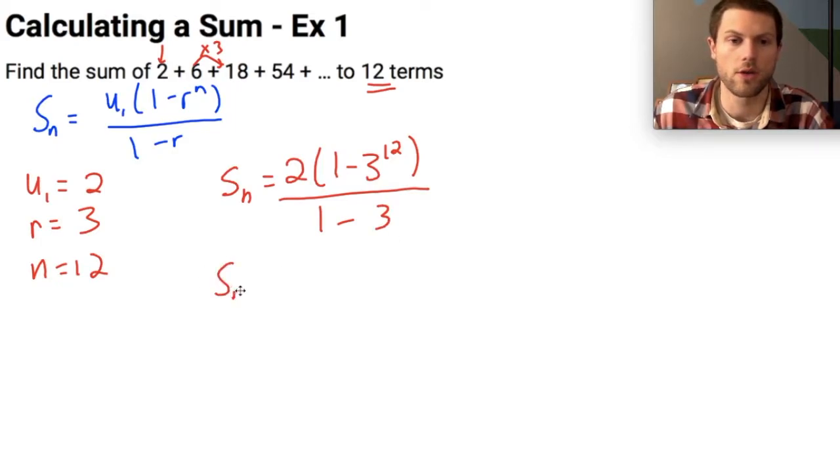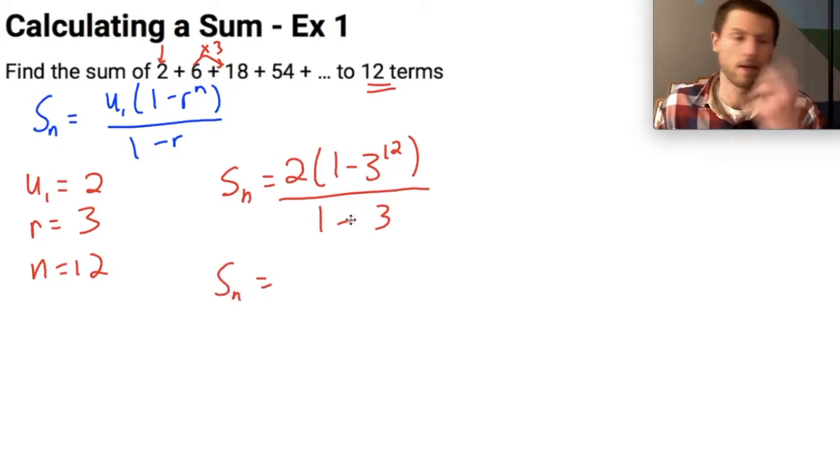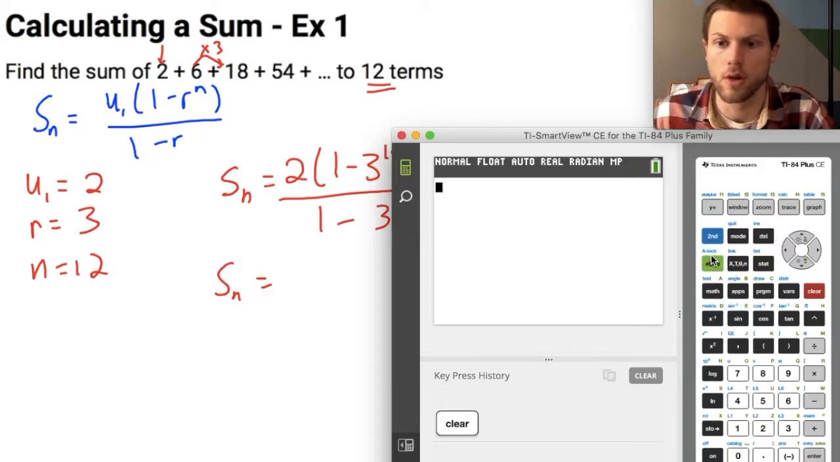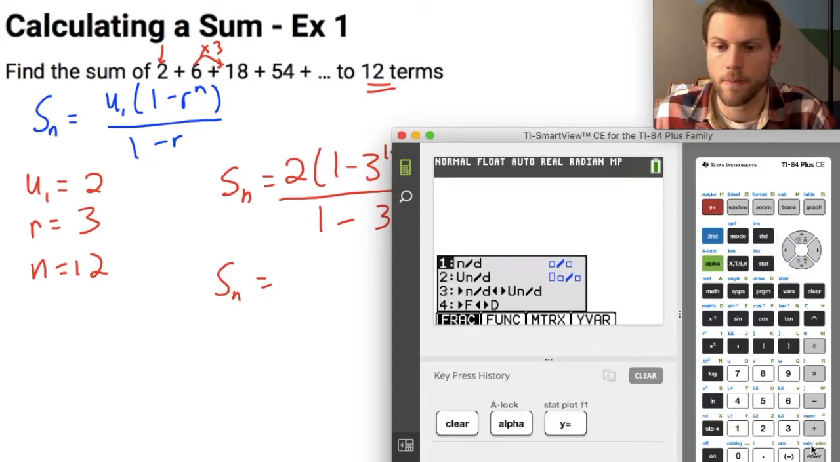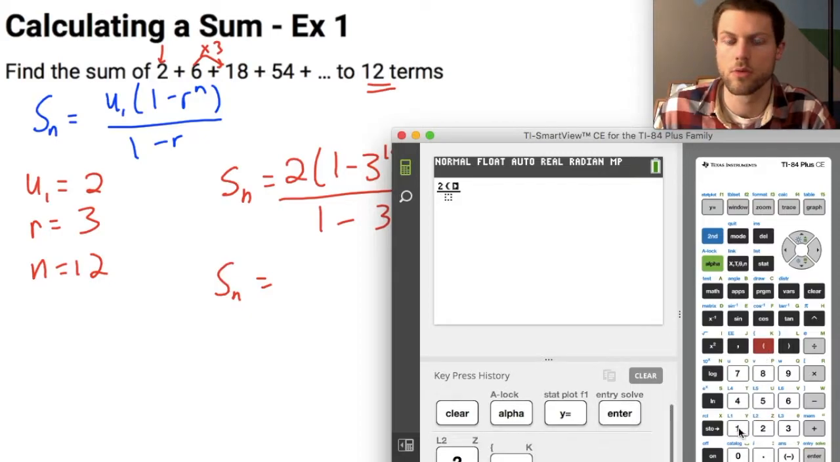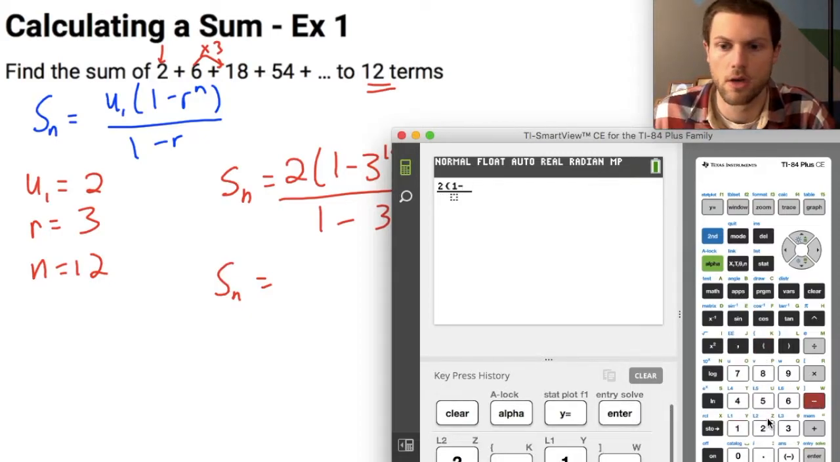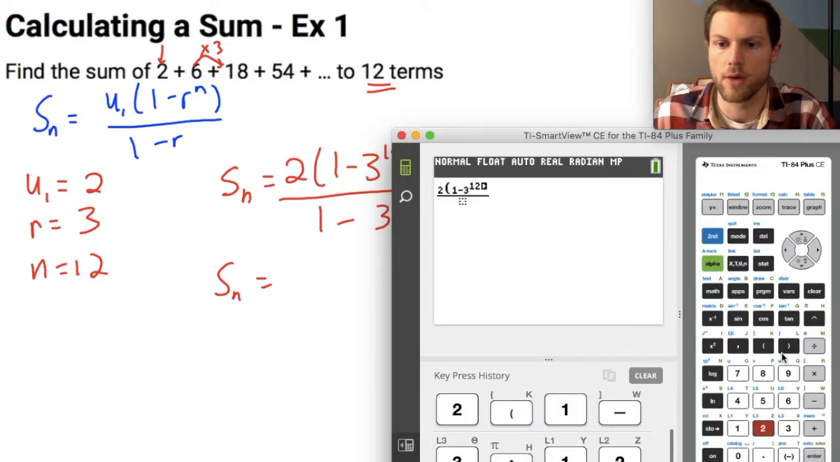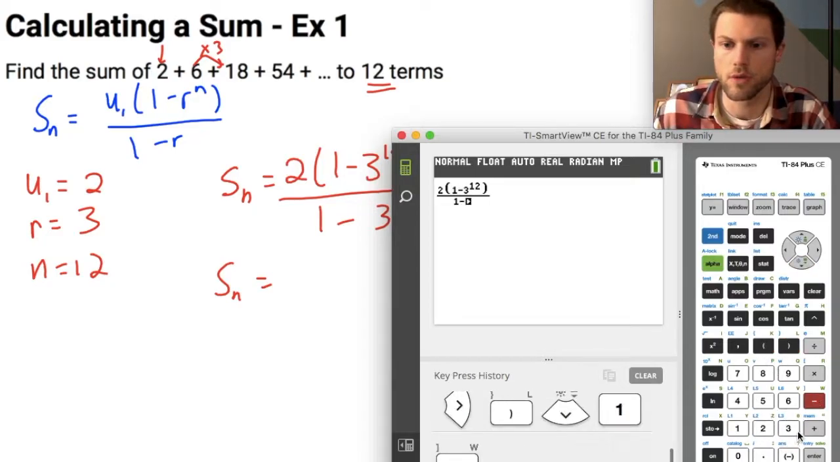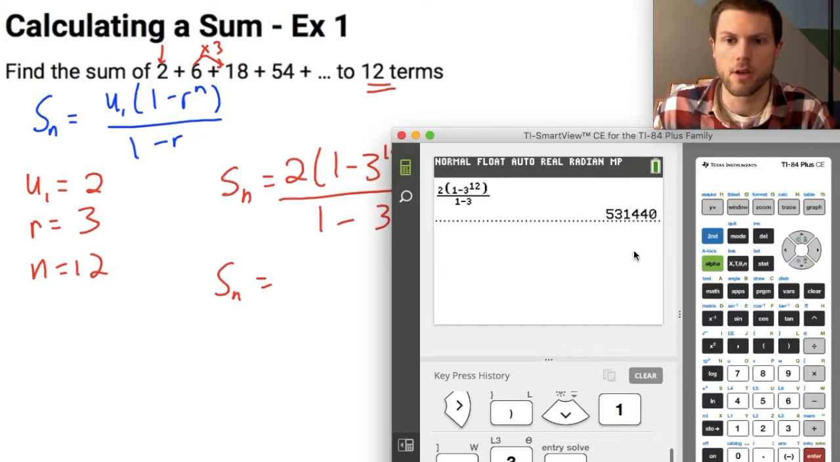Now this is going to be a rather large number, so I'm not going to calculate this in my head. I'm going to go to the calculator to help me out with this. I can actually type that all in one equation. So I'm going to use my little fraction button here, and I'm going to write this as 2 times 1 minus 3 to the 12th power. And in my denominator, this is 1 minus 3, or I guess I could have just written negative 2, but that's okay. I'll hit enter, and I get this number right here,